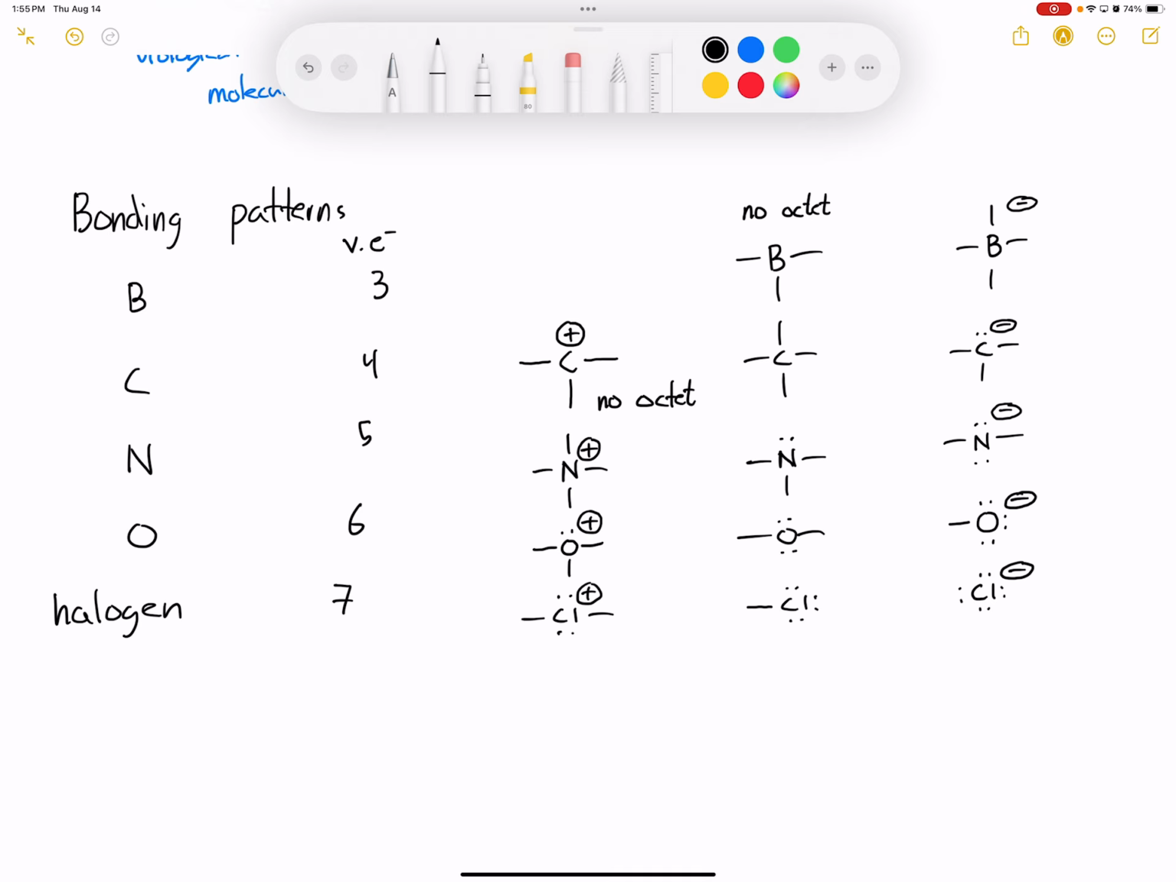Any questions about the bonding patterns? I know it's a lot, but just know what they look like in their positive form, neutral form, and negative form. Now you don't necessarily have to memorize these things. You can kind of see it through practice by working through problems too. And that's my goal. Okay, so let's